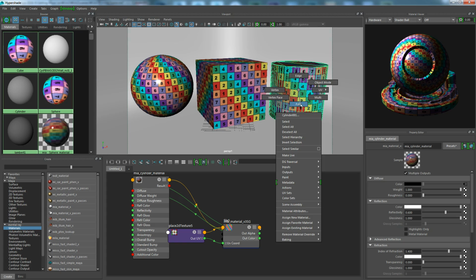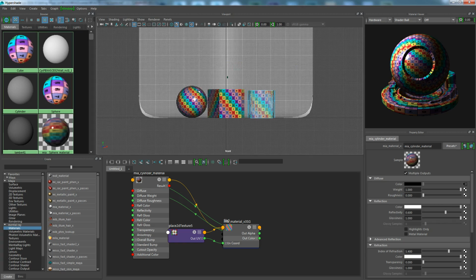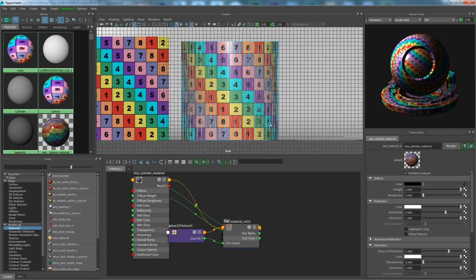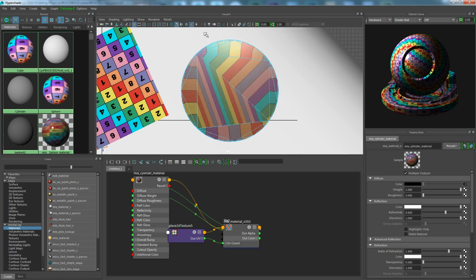So what we're going to want to do now is to go into face mode. Okay. And we're going to select all the faces so everything is picked. And then we're going to switch to a front view, and we'll do our focus again. That's F. And what we want to do is deselect these. So if I hold down my shift key now and I drag across these, I don't want to hit the top ones because what I'm trying to do is deselect the side ones because their mapping coordinate is right. And I want to just leave the top one selected. Okay. All right. So now with the top one selected,